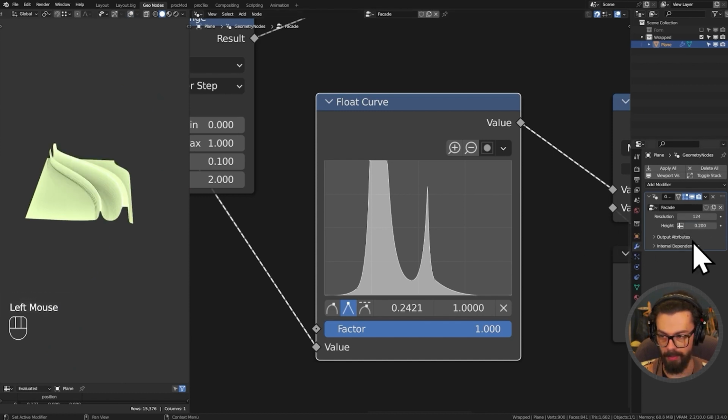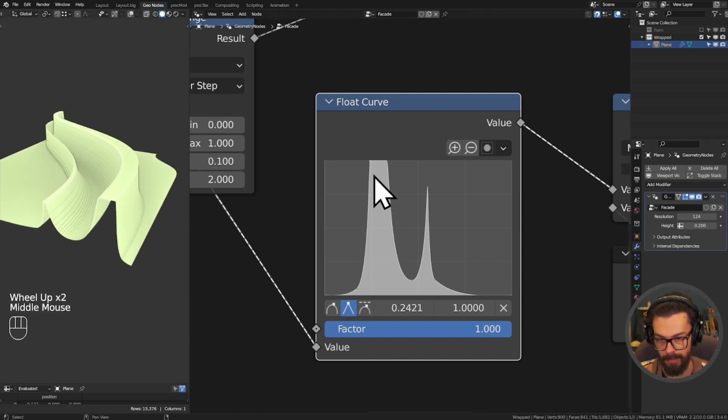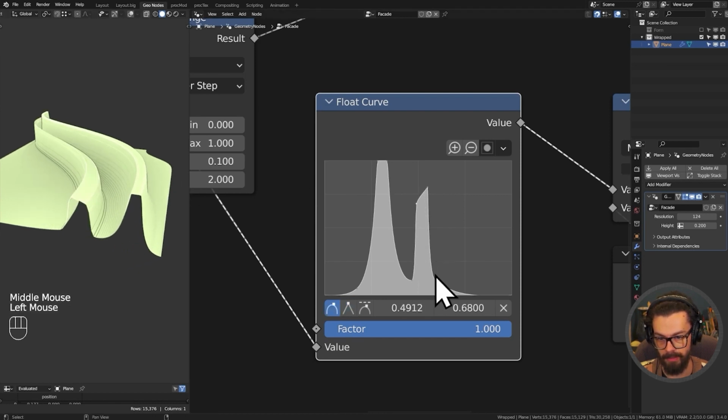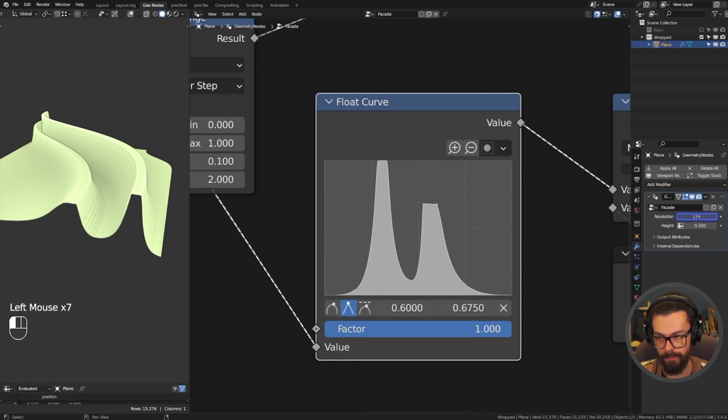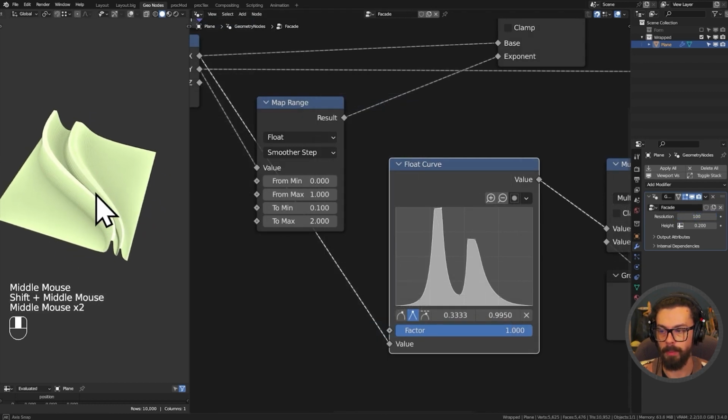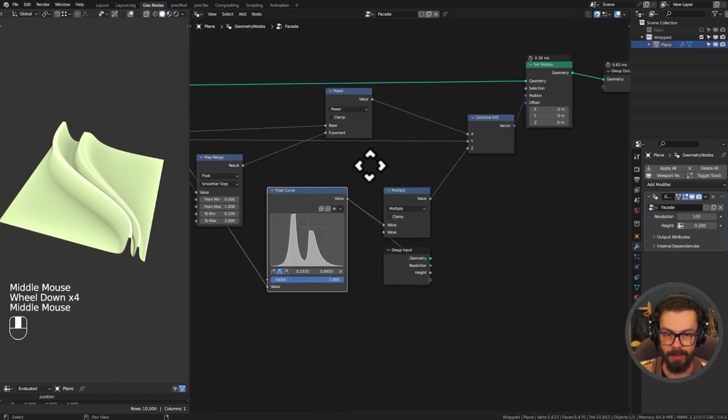I'll change my height down to maybe 0.2, just make this a little bit less overt. And I will do another one here. Just a little bit lower. There we go, that's quite nice. Okay, so once you've got your profile worked out how you want it, we're going to just quickly knock these